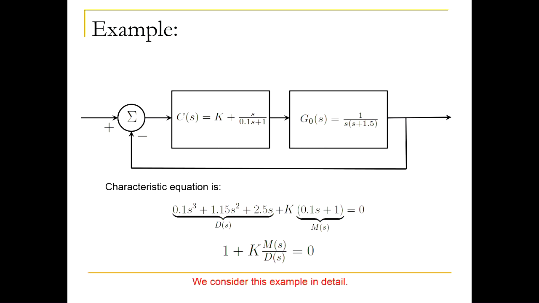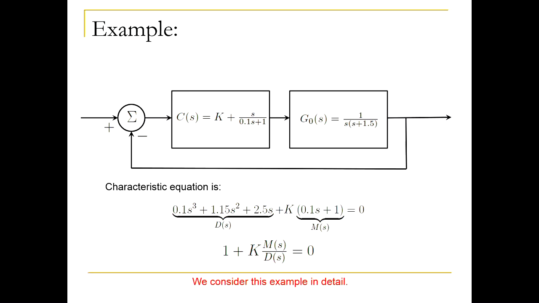So I'm introducing now an example that we will revisit through each step. As I introduce one of these features of the locus and I show you how to calculate it or plot it, we will revisit this example over and over again. So here is the example. Note that I picked on purpose an example where the controller is not just a proportional controller. The controller depends on some constant k, and I want to plot the root locus with respect to this k.